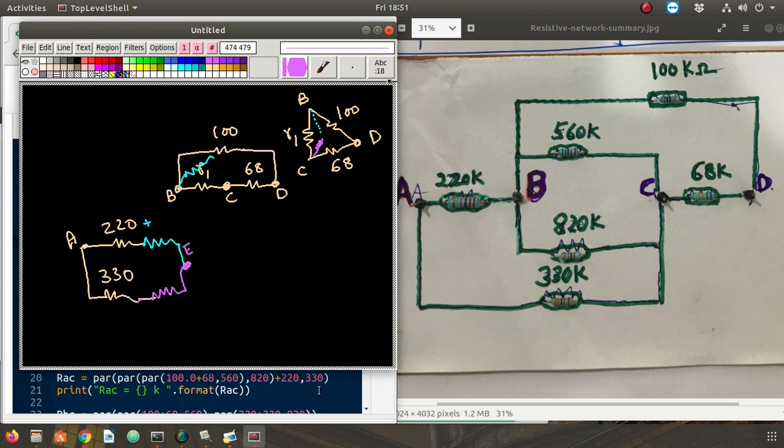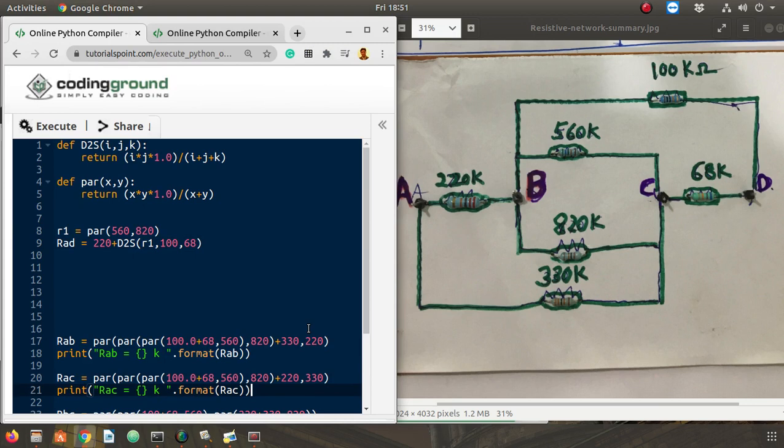So that's what I'll count, and these two in turn are parallel with each other. So this branch and this branch are parallel with each other. So again, let me do that here.